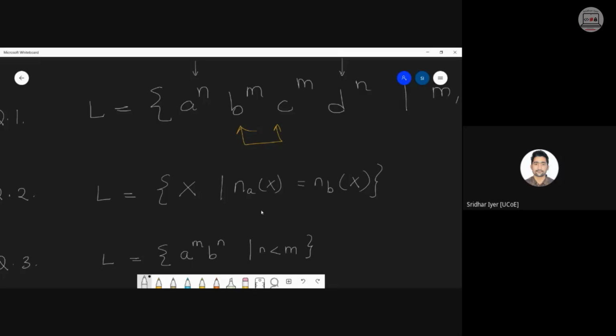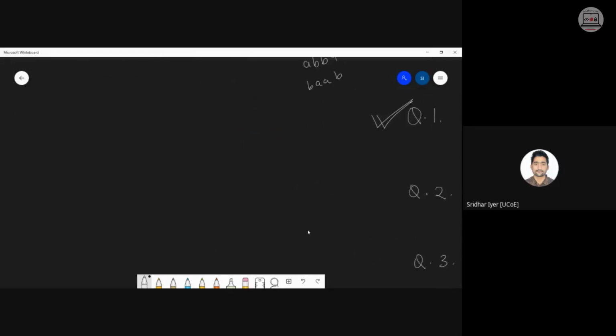Think of some logic. I have got some logic from your side: for each A push one, for each B pop one. Okay, that is what we can do. But what else? Keep in mind, it should be equal numbers of A and B. That is the main logic. Depending upon that, you have to design your logic. I can give a simple hint if you want, but take 2 minutes of your time. Think on your own. You need to do some brushing up. Revise the logic a little. Your brain will get sharp, nothing else. And I would be able to get the logic quickly. Okay, take 2 minutes of your time, not more than that. Think of a logic and drop in your answers.